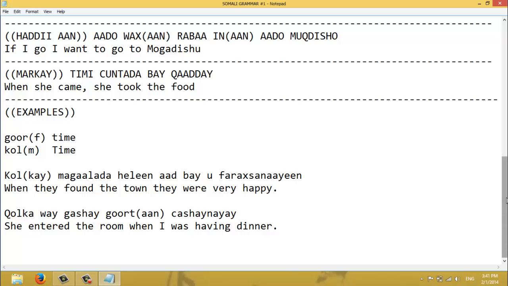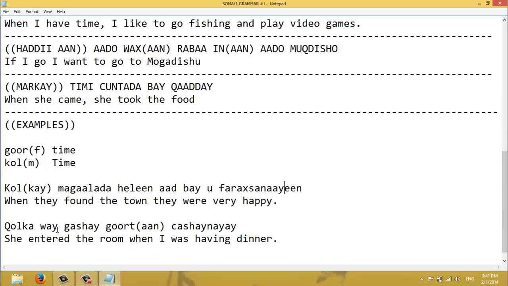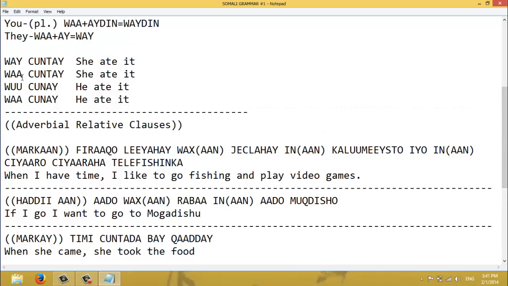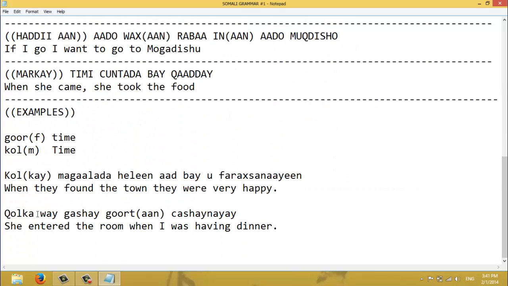Okay, so way gashay. So that's dealing with her. So way is first of all dealing with her. She. Way gashay, she entered. Okay, this is the verb and it's in the past tense. Way gashay. Right? You can also say wa gashay. Kolka wa gashay, just how we did here. Right? So kolka way gashay, so at the time when she entered,